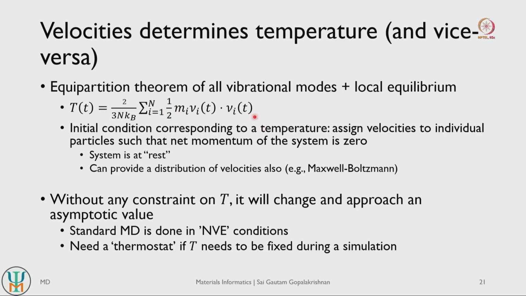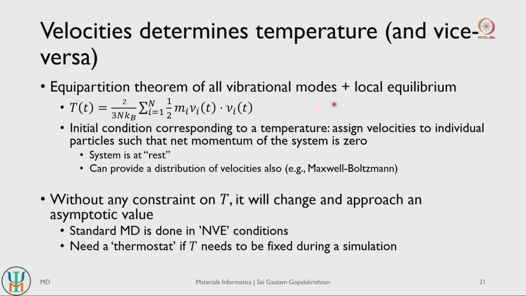So initially, let's say all the potential energy term is 0 and you only have kinetic energies, right, but let's say you are setting the temperature to be the same as your initial temperature. So you are controlling the temperature, which implies the velocities will always change such that the temperature is kept constant. So the kinetic energy term will always be very similar to your initial kinetic energy irrespective of what changes happen to your potential energy term. Whereas if you did not constrain your temperature, whatever changes your kinetic energy term went through,